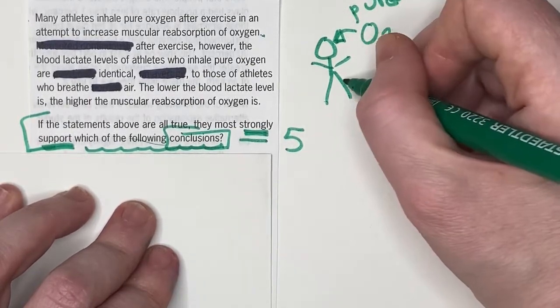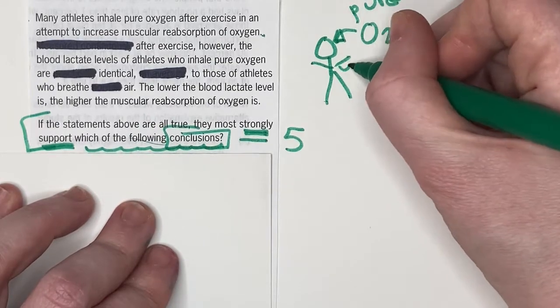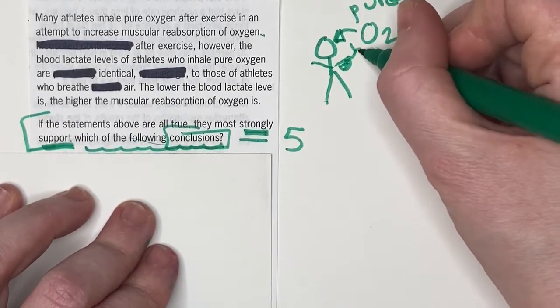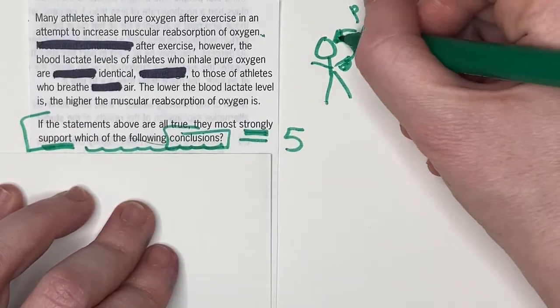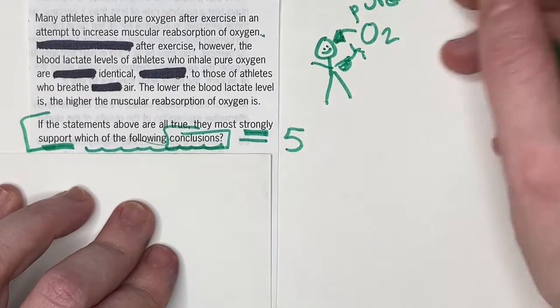So they are ingesting pure oxygen, right? And they're hoping that that'll be good for their muscles. It's a little bicep or tricep. I guess it's a tricep. Great, so that's the goal, right? All right,